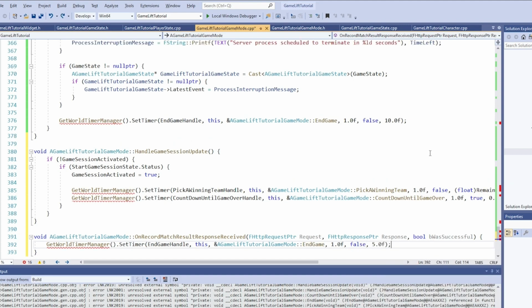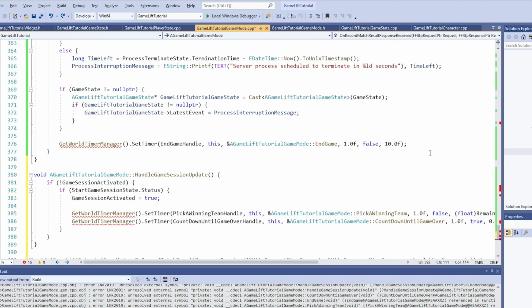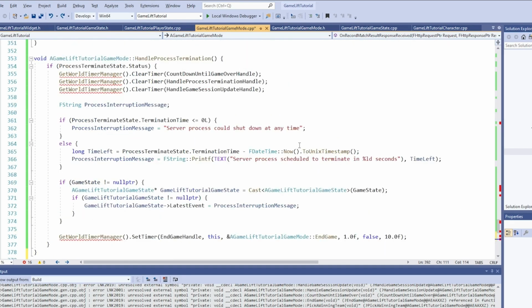And one more correction that I want to make, it's just a minor harmless preference thing, but scroll back up to the handle process termination method, specifically where I calculated the value for the time left local variable. I personally prefer to do explicit cast because, like I said before, the toUnix timestamp method returns a value of type int64. So after doing the subtraction operation and storing the difference in a variable of type long, an implicit cast is performed to convert the value to a long in the end, but I just prefer doing explicit casts so that it's clear to the reader of the code that at least one of these two values is not of